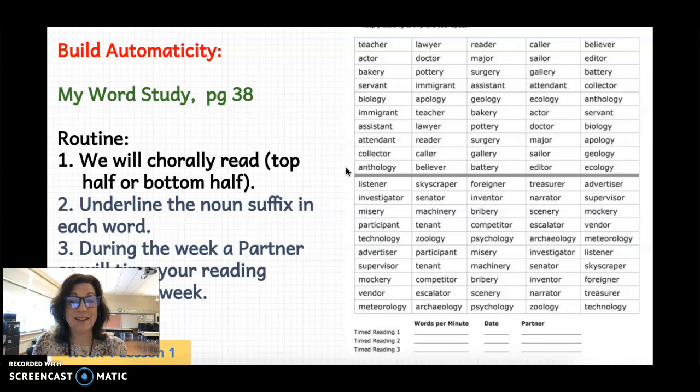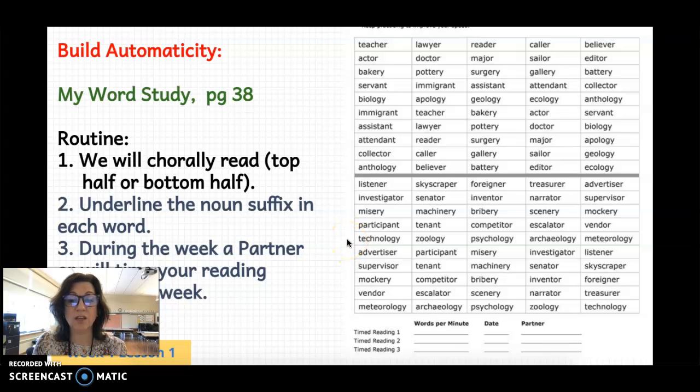All right, now let's do the bottom half. Ready? Listener, skyscraper, foreigner, treasurer, advertiser, investigator, senator, inventor, narrator, supervisor, misery, machinery, bribery, scenery, mockery, participant, tenant, competitor, escalator, vendor,